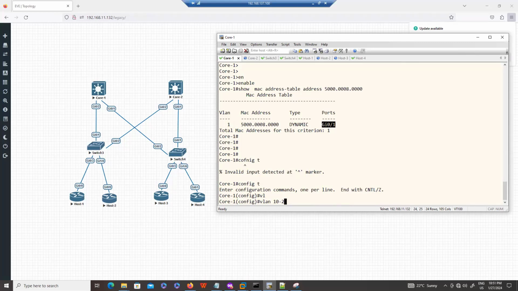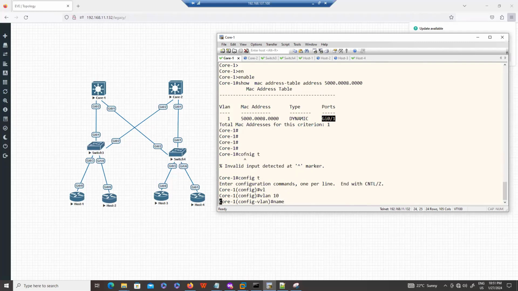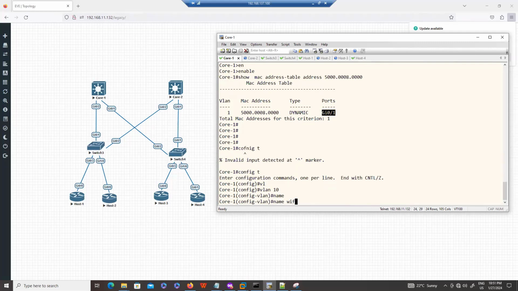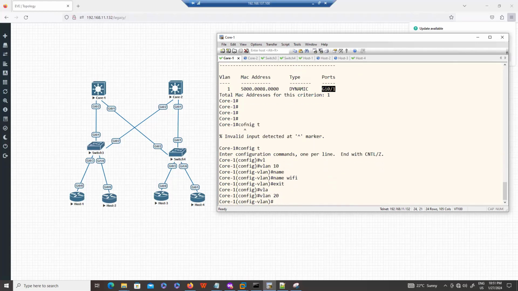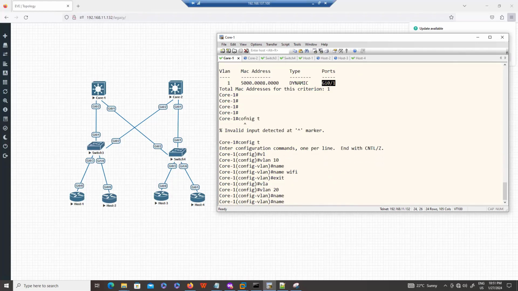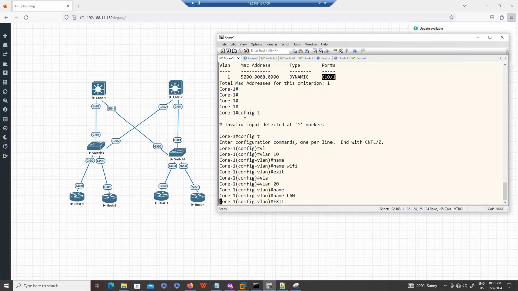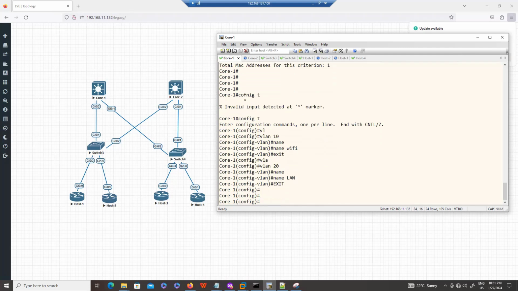Or if the VLAN range is not in sequential order, you can use a comma. But normally we also define the name. Let's say this VLAN is for my Wi-Fi users and VLAN 20 is for my LAN users. The next VLAN may be the printer VLAN, or some of you have security devices, so a security VLAN.